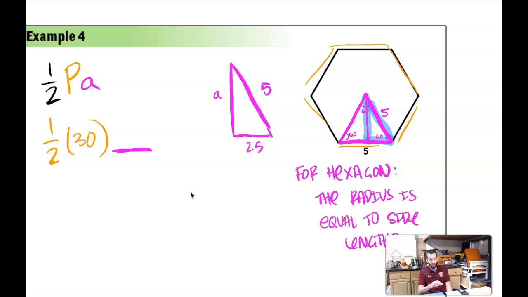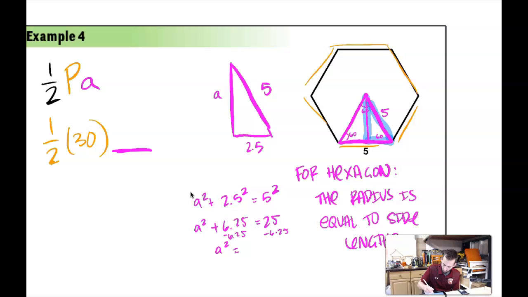And so this only works for hexagons, but it's kind of nice in the way this broke down is that I had all the information in order to do the Pythagorean theorem. A squared plus 2.5 squared equals 5 squared. Okay, a squared minus 6.25 equals 18.75, right? 25 minus 6.25, and the square root of that answer is going to be